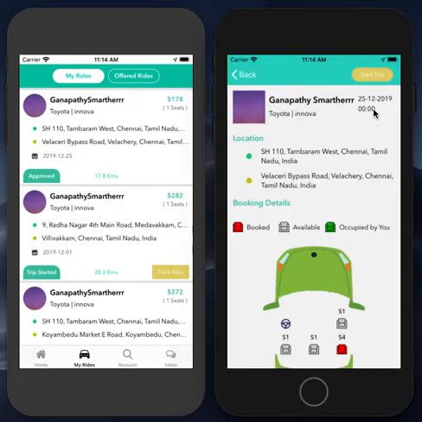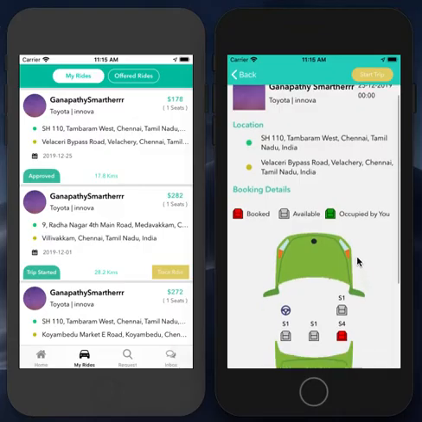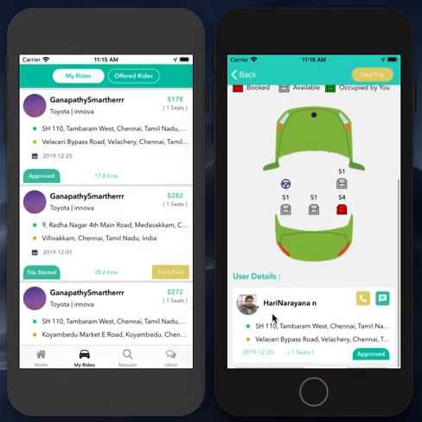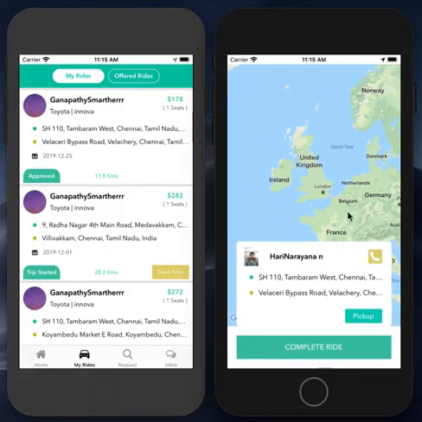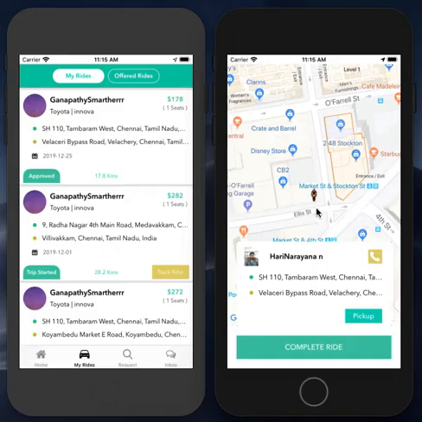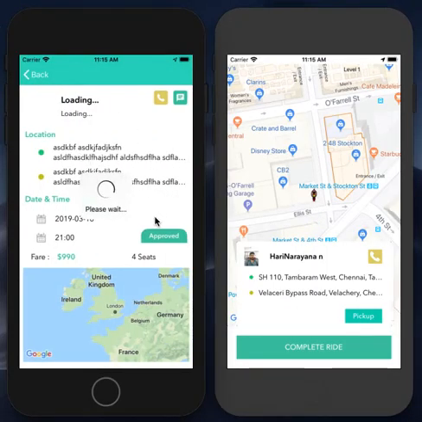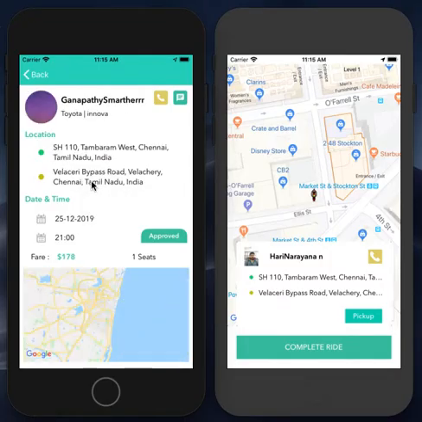Now let's assume today is Christmas, and I'm just gonna start the ride. Yeah, so this user detail is here. Only one user has sent a request and we have accepted, so I'm just gonna start the trip with him. So the trip has started, and if I click on the rides in the user profile,